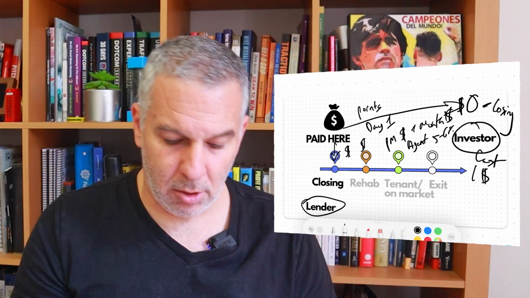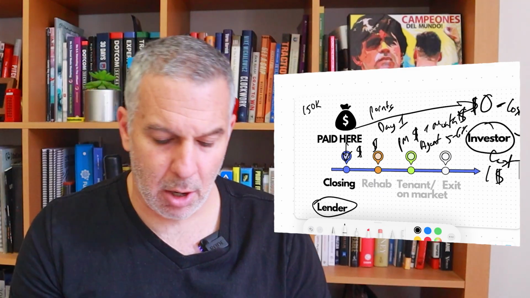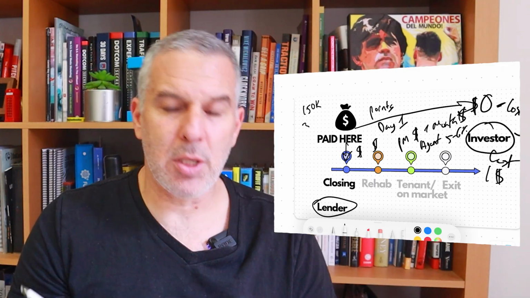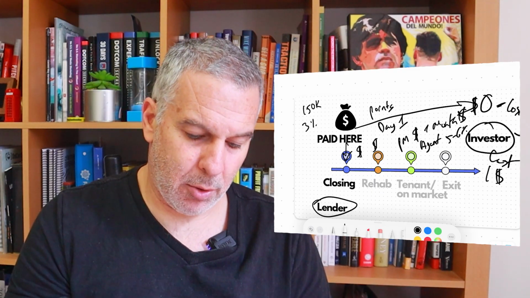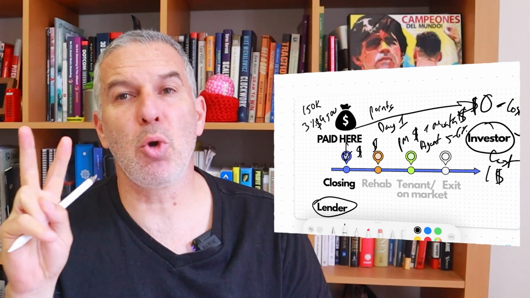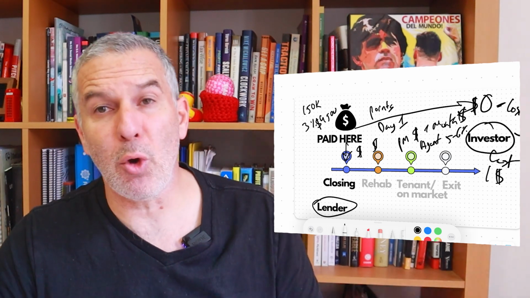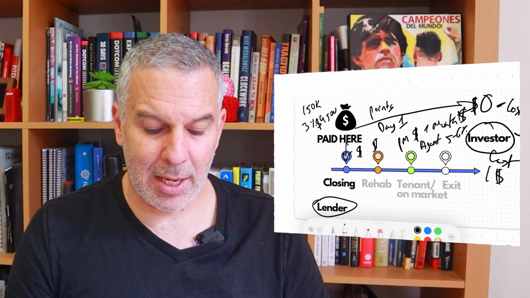So as a lender, if my average loan amount is $150,000, I charge 3 points, which equals $4,500. So I get $4,500 on day 1. This is sometimes 2 years' worth of cash flow. I need to wait 2 years to make sure everything goes with no issues, and only then I'm going to get